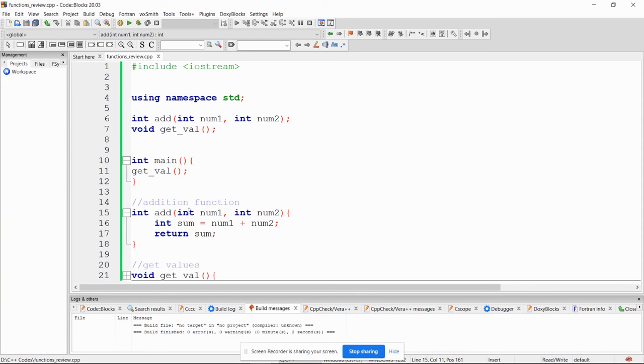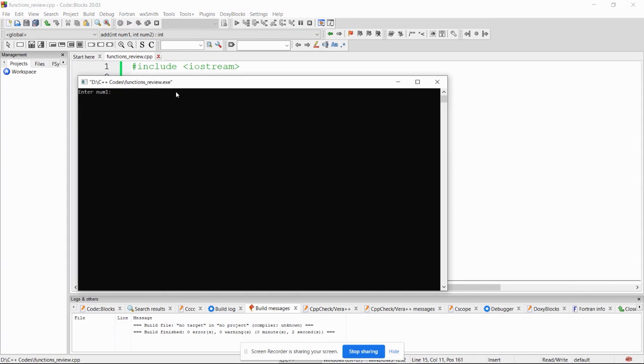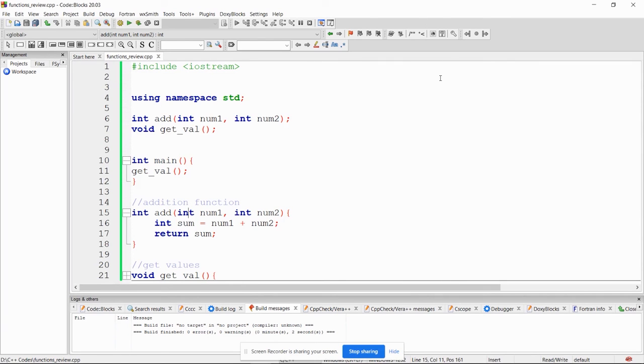All right, so let's try to run this program. Okay, enter num1, 5, enter num2, 7. Okay, and then it displays 12. All right, so that's how we can create our function. Again, remember